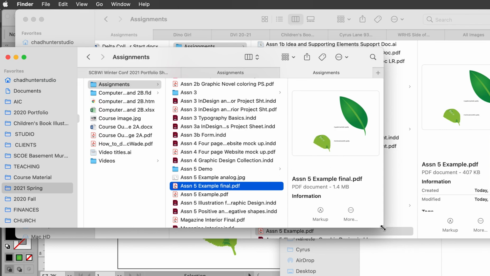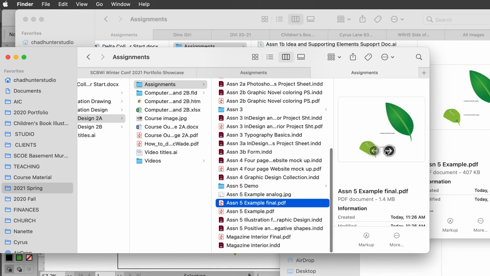So I'm on a Mac and you can see the preview here. If I click on it, there's a little arrow and there's my 2 pages. And that's what I will submit to